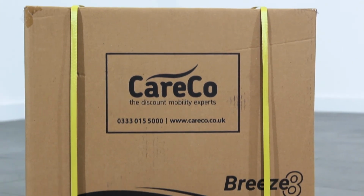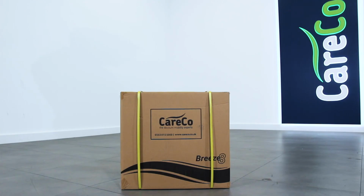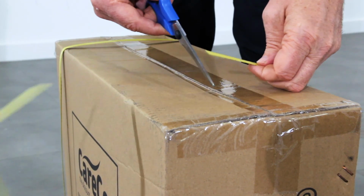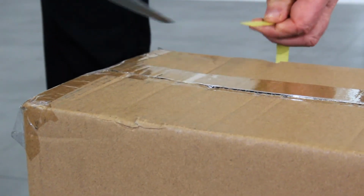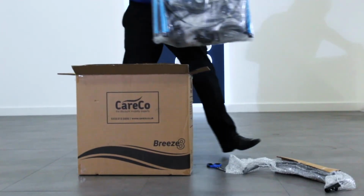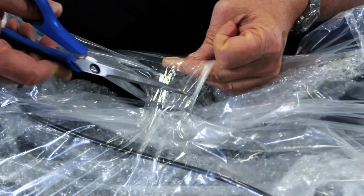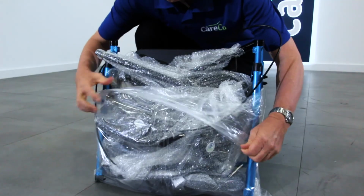Your Breeze 8 rollator should come fully boxed as seen here. Courier delivery straight to your doorstep is available from CareCo. Carefully cut the tape surrounding the box with a pair of scissors or a knife. Once the box is open, lift out the frame. Remove excess packaging with a pair of scissors, but please do take extra care to avoid cutting the metal frame